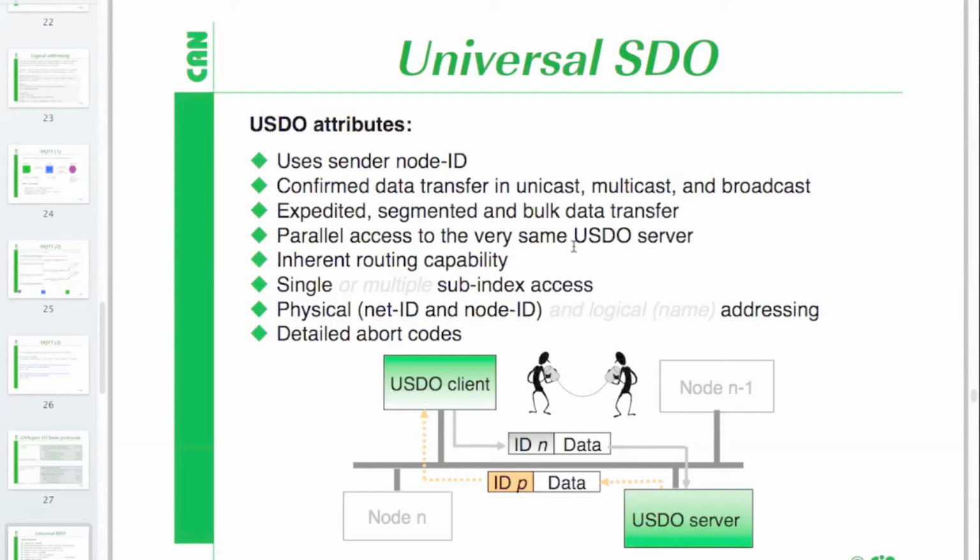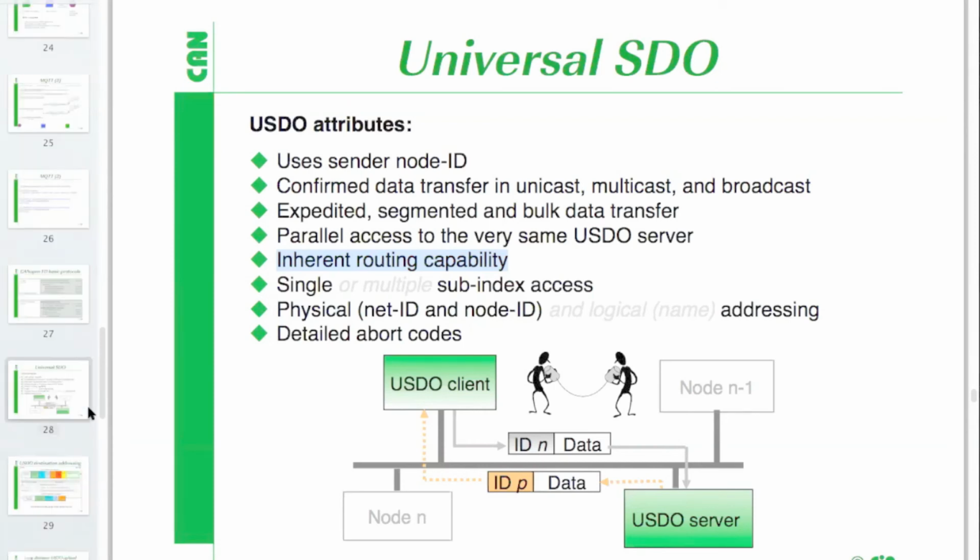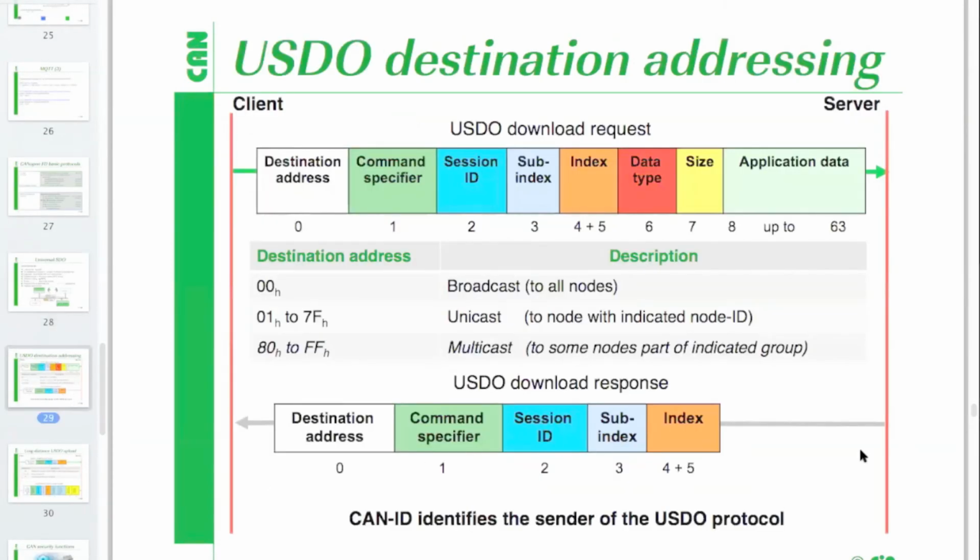So the nice thing, as you can see here, besides those that you could read in this new specification, is that there are routing capabilities that allow me to go through several CANopen networks, even through the gateway, without changing anything specifically. I could use a transparent gateway within the CANopen network, not outside of it, but I could access the device across CANopen networks. That would also give certain interesting aspects. So just the basic stuff here.